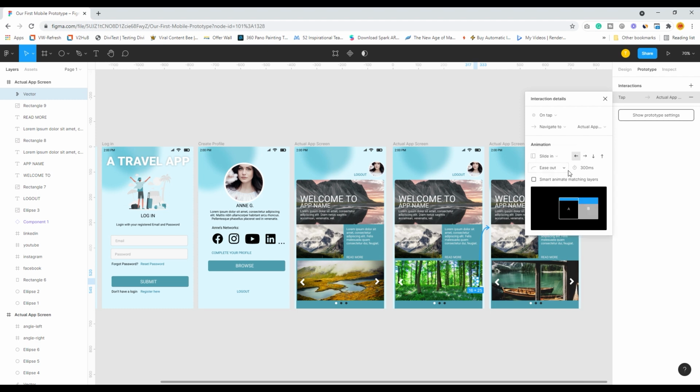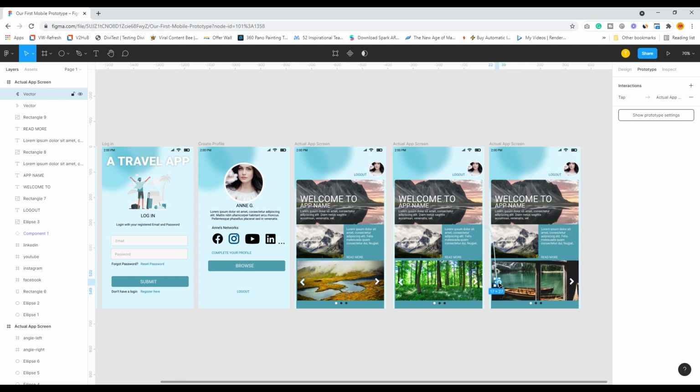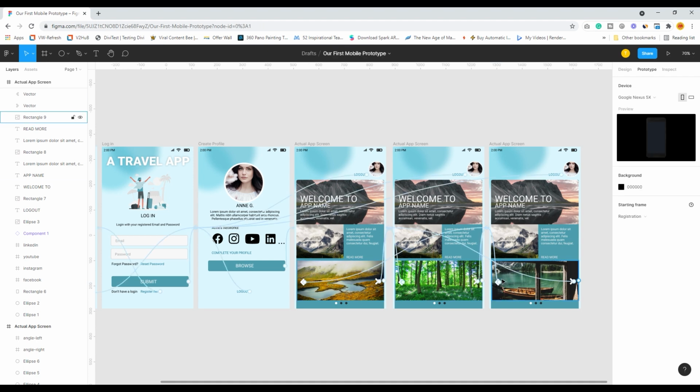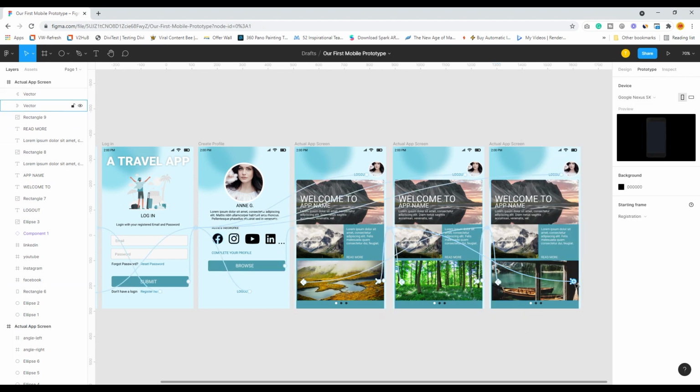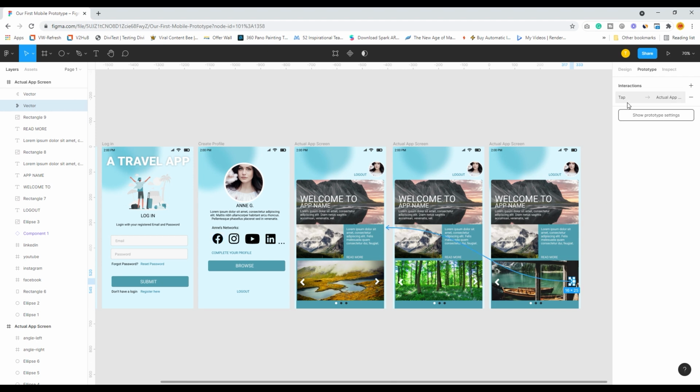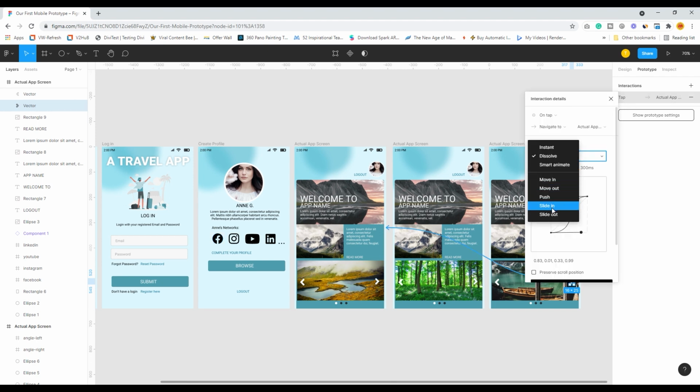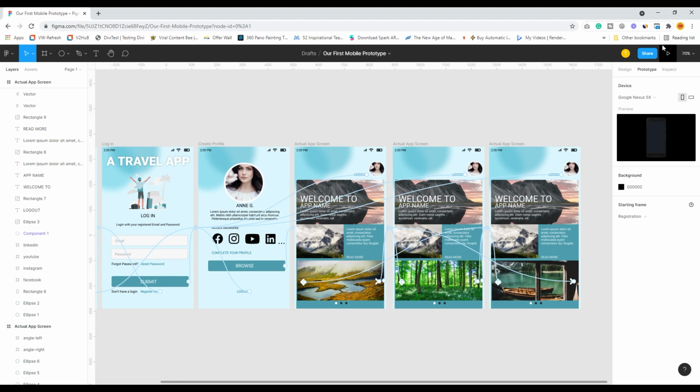Slide in this direction. When I click on this, I have a sliding in this direction. On this, I have a slide in this direction. Okay, so let's see how it works.